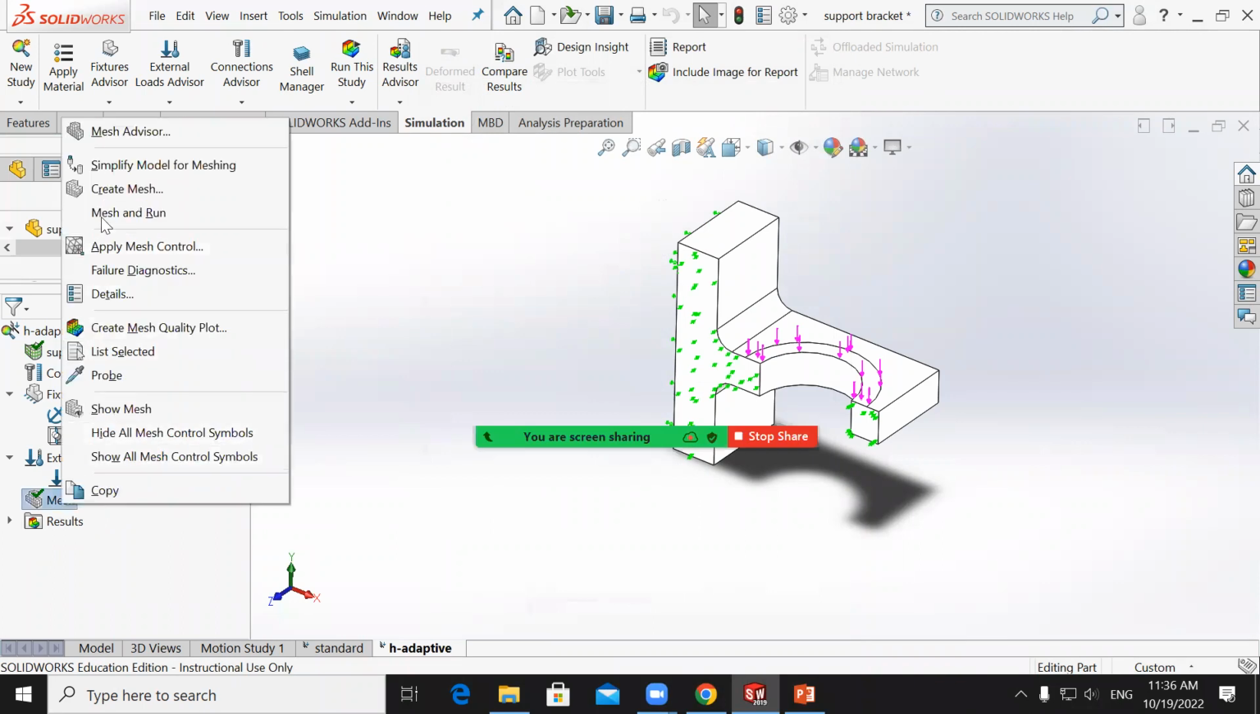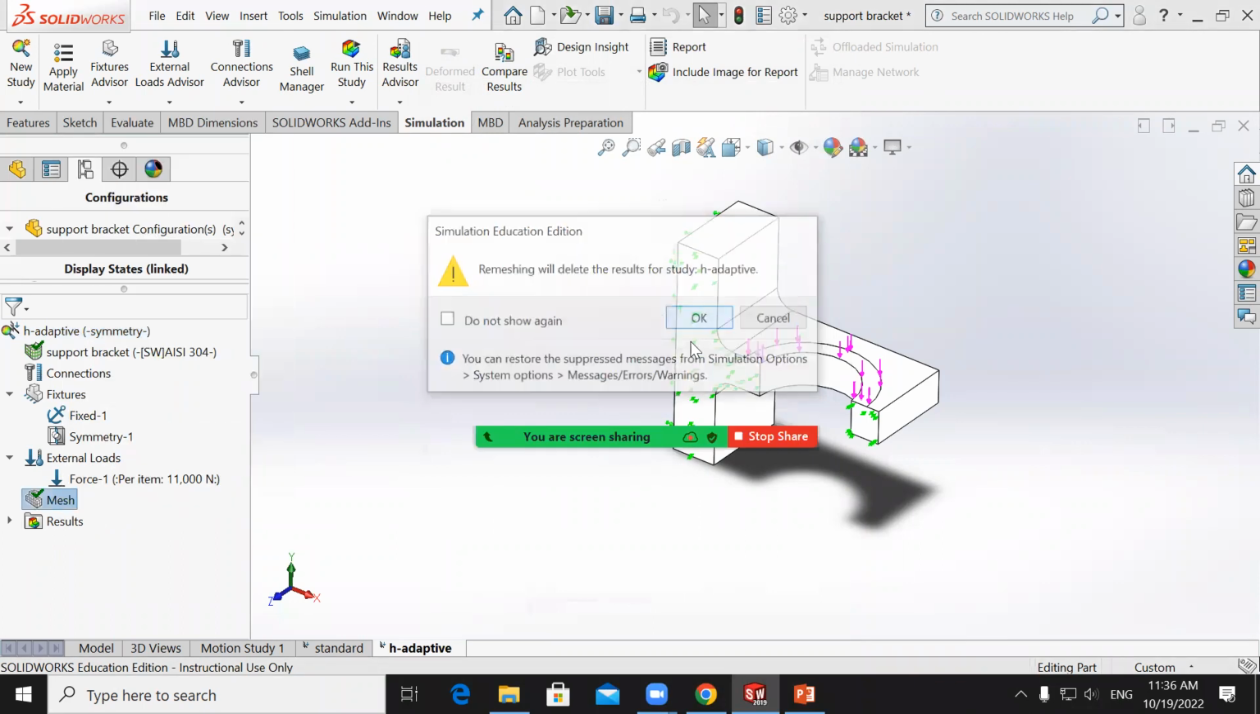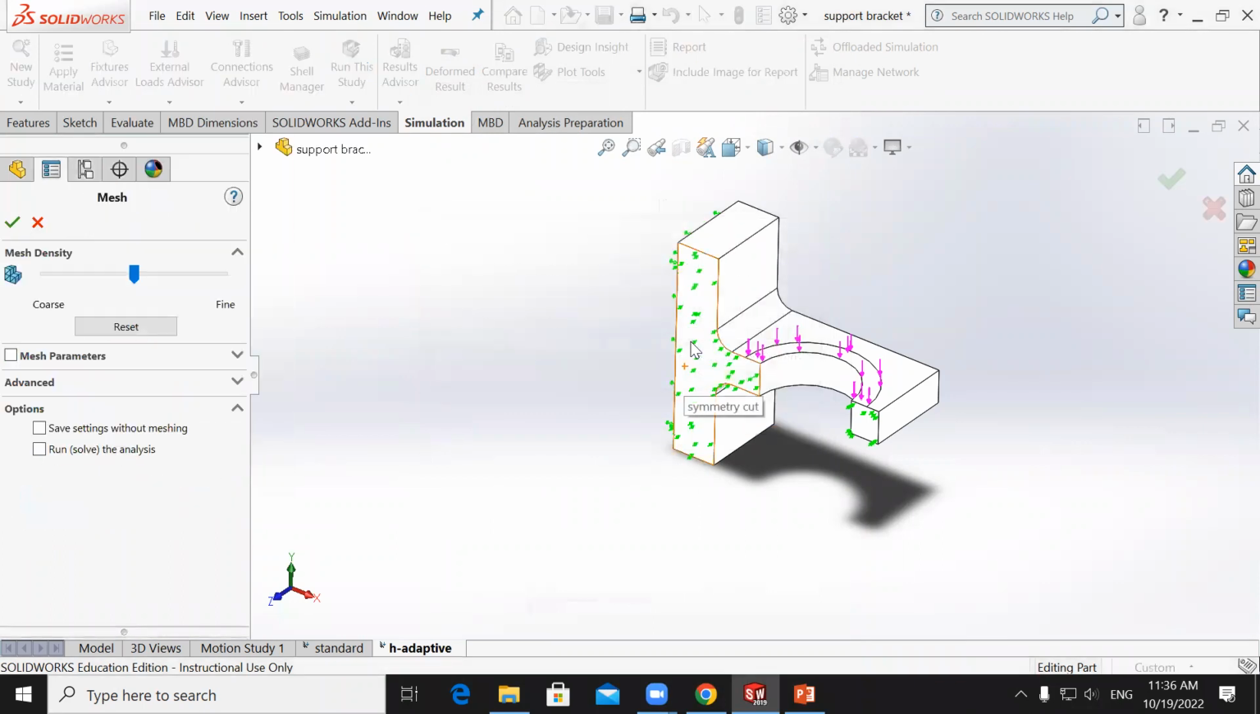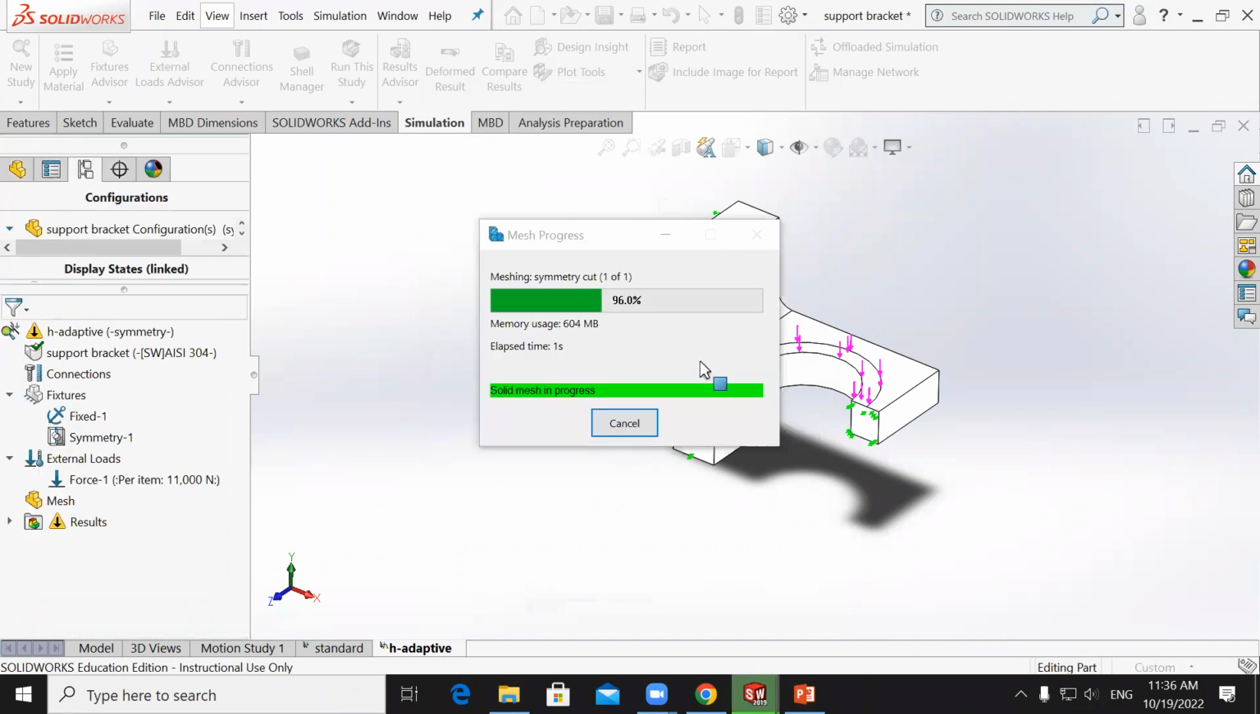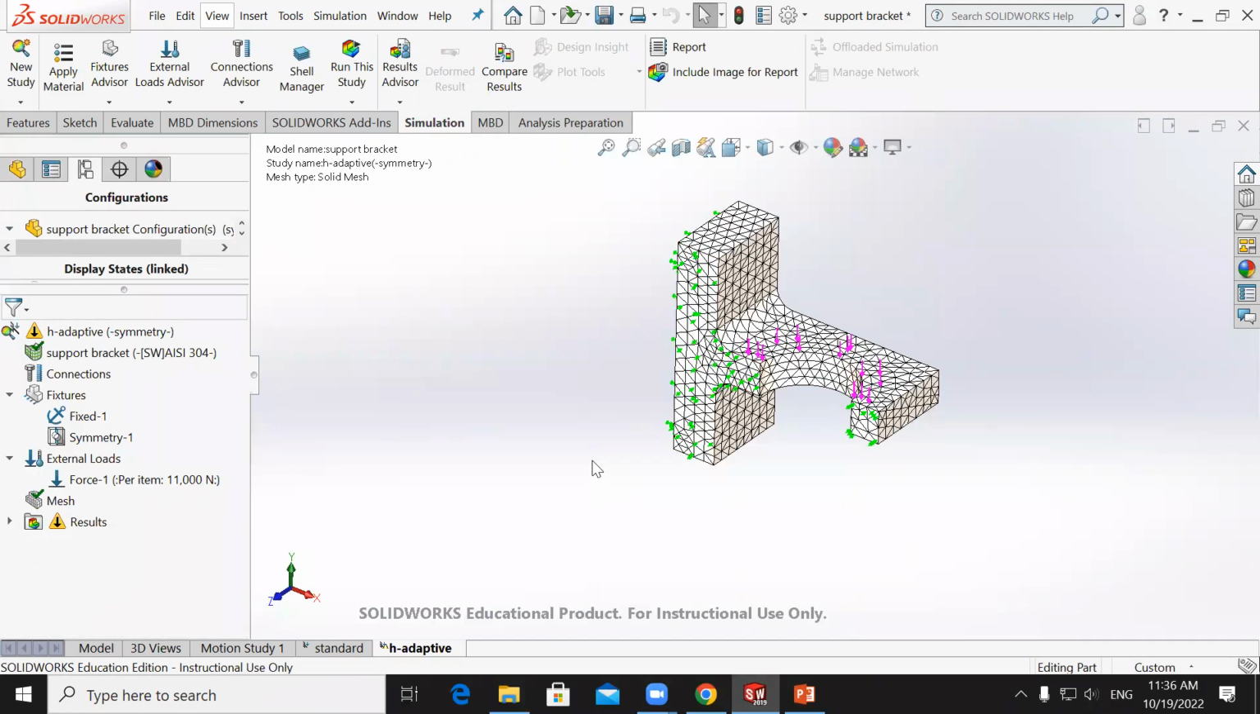And the mesh, we use the same. That will just ask you to delete all the old ones. Just mesh the same curvature, and I didn't change anything. And that will be the default mesh. And when you click run,